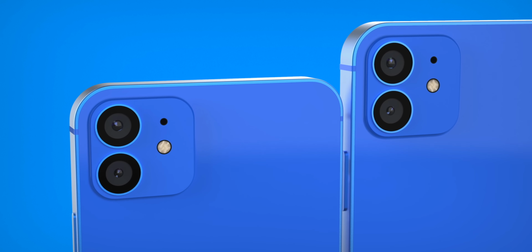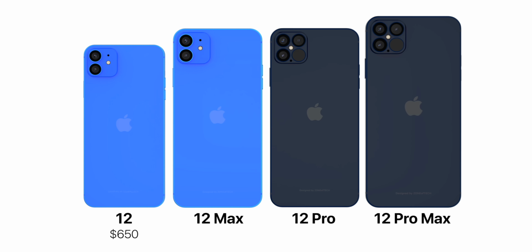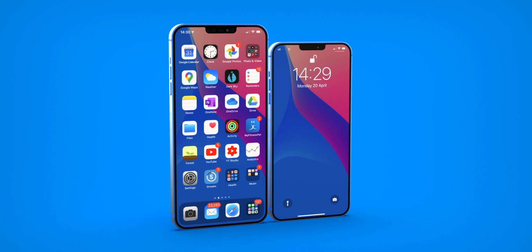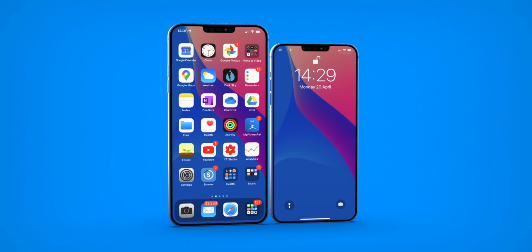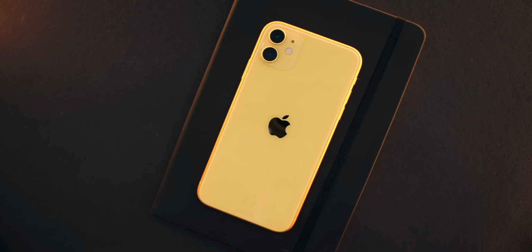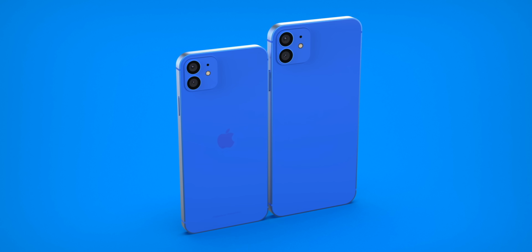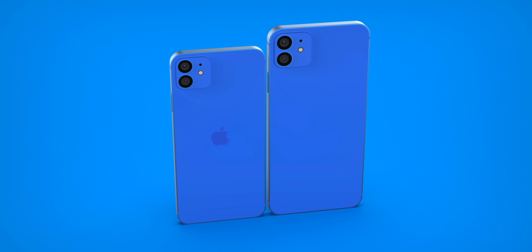better cameras, and 5G. Now, the 6.1-inch iPhone 12, which would be the successor to the iPhone 11, that's getting a bit more expensive now at $750. But keep in mind that you do actually get a much better display now, as well as 5G, so at the end of the day, this will be a pretty massive upgrade over the iPhone 11, and a $50 difference in price is almost nothing really. The iPhone 12 is pretty much a flagship smartphone from the looks of it, and $750 is just a killer